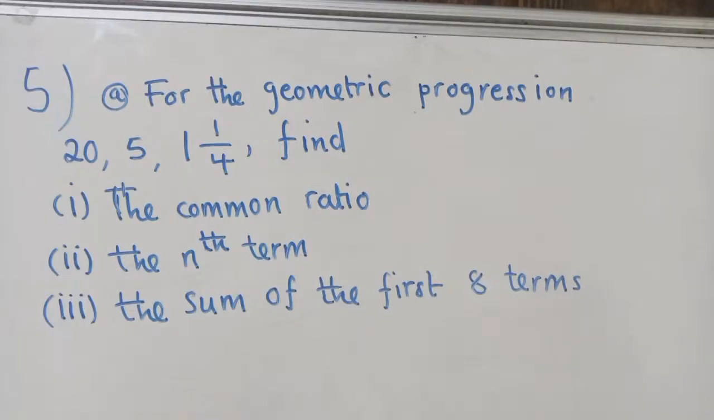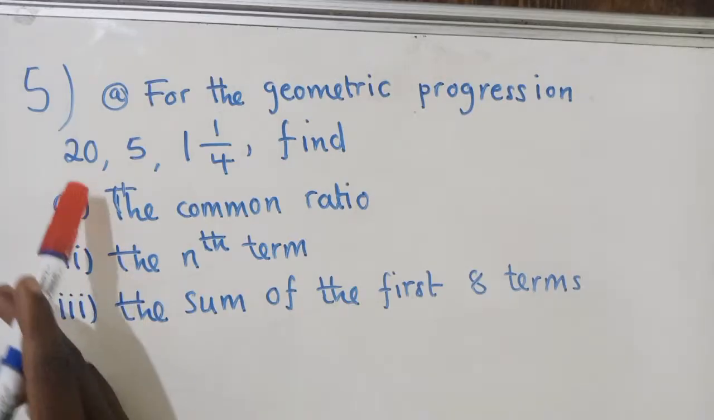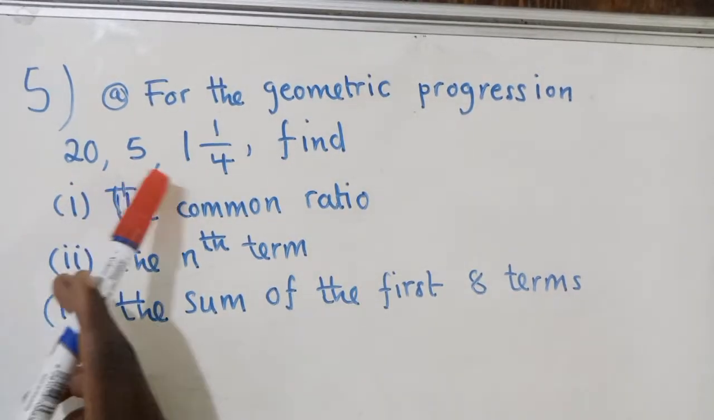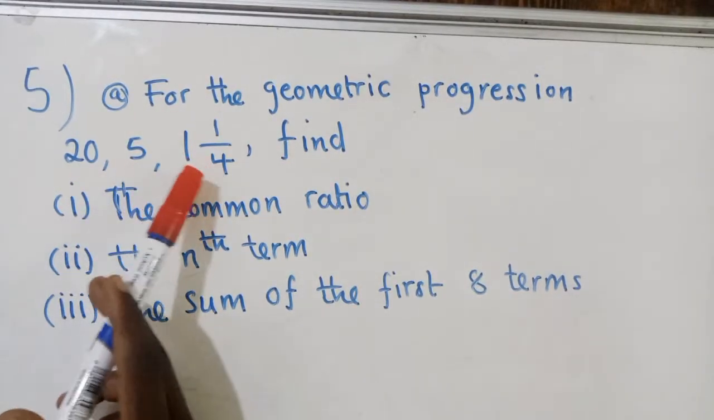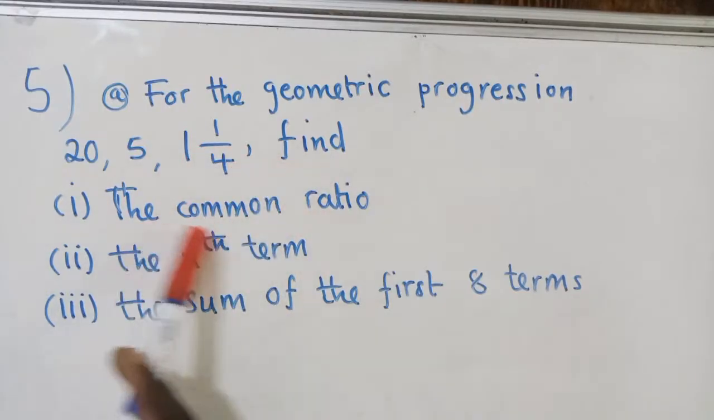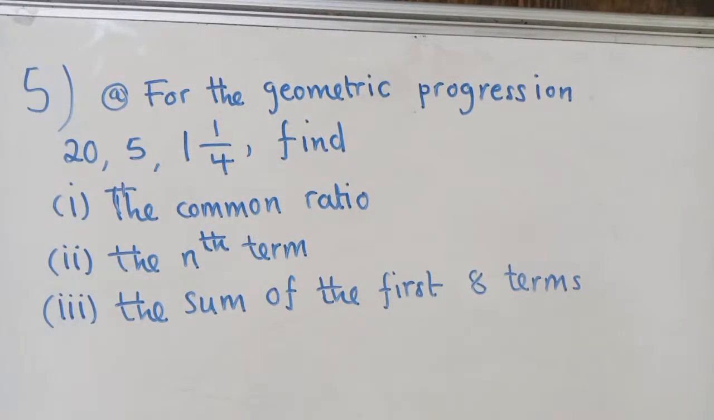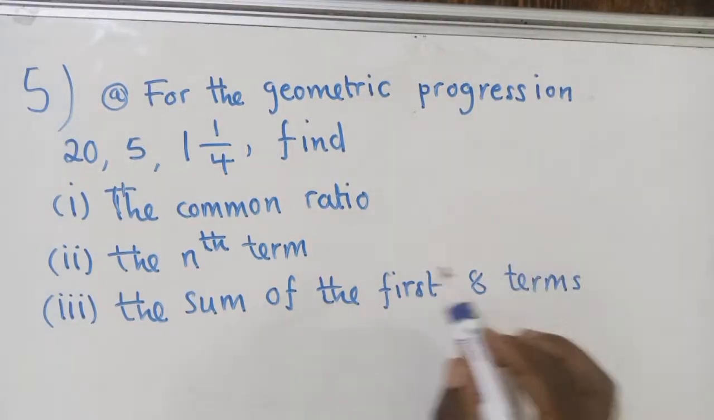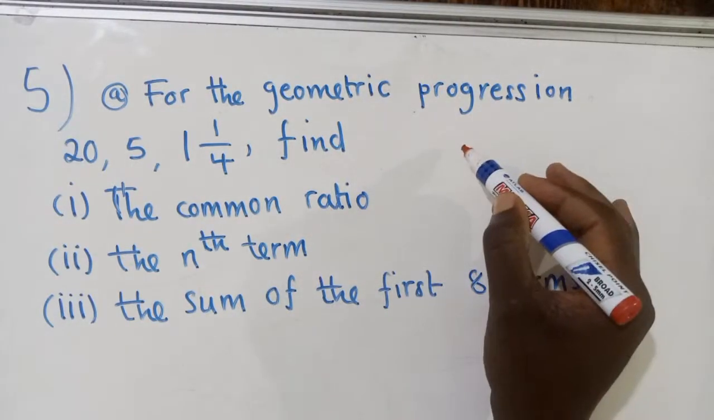So they're saying for the geometric progression, 20, 5, 1 as raw number 1 over 4. And then here, find the common ratio. So how do we find the common ratio? That's the first question. Okay, so on how to find the common ratio,